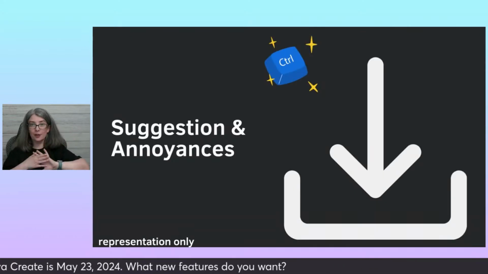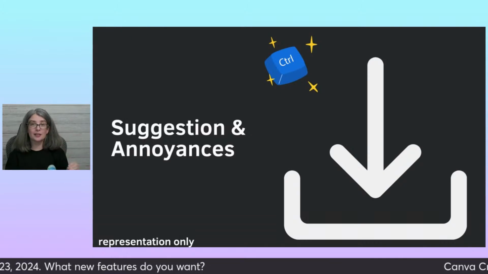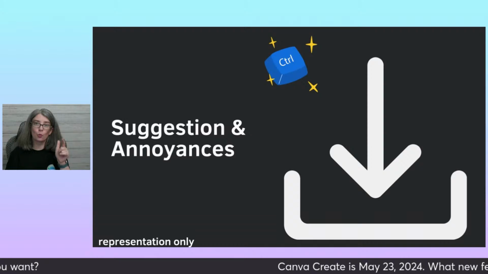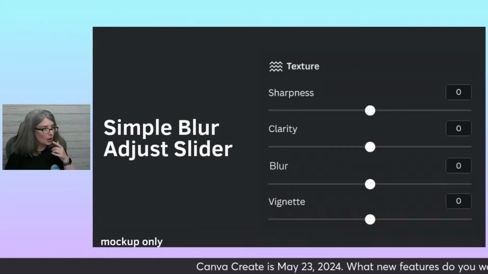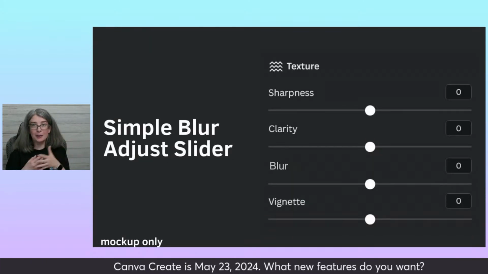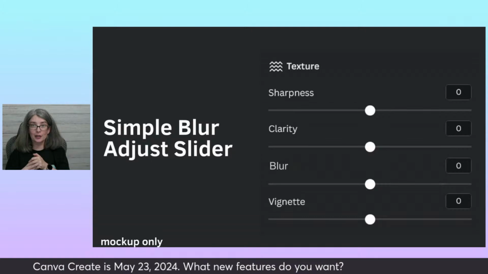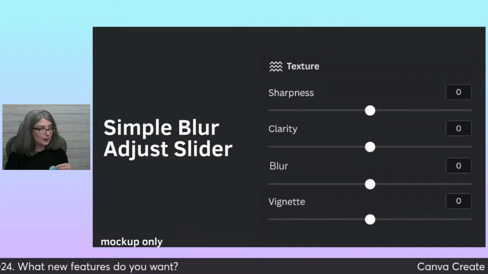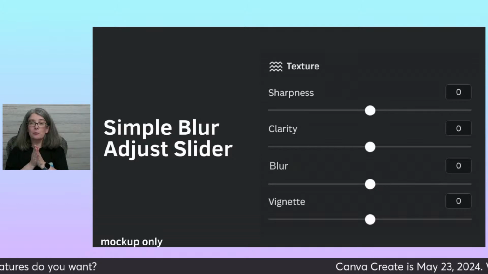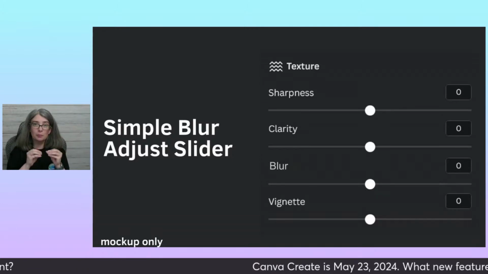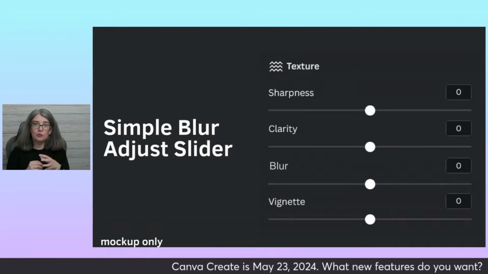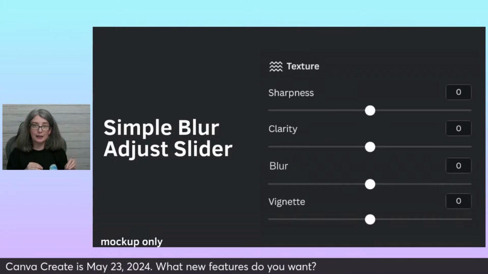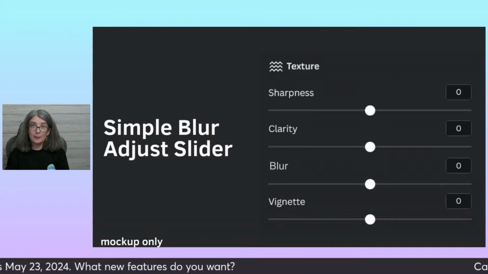I would love for there to be an easier way to download a simple image within Canva. It shouldn't take 9 to 12 clicks to download one image. And that could be maybe just a keyboard shortcut to download a PNG or something like that for the one page. I would love for them to add the adjust blur slider to the new photo editor so that I don't have to go and do so many clicks to add a blur to a whole image.